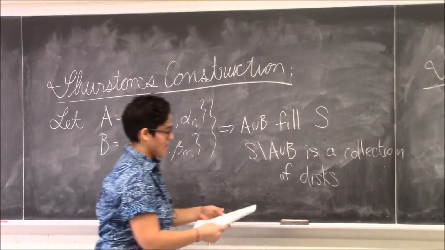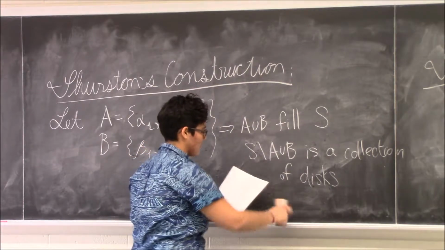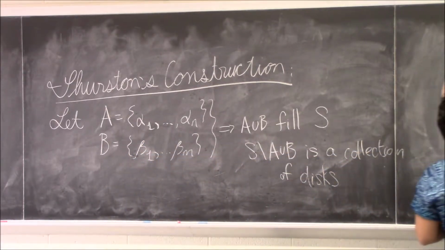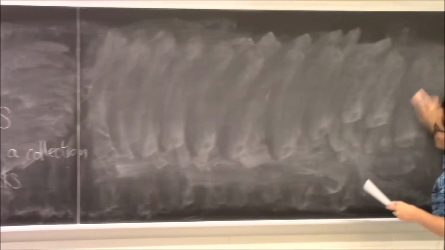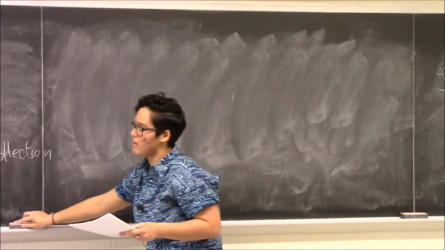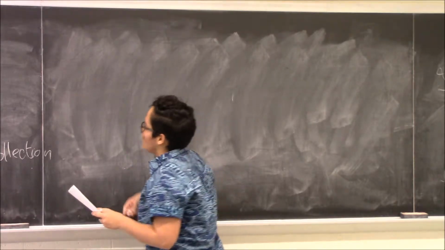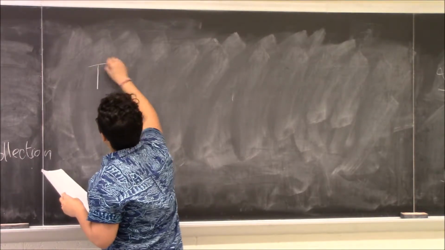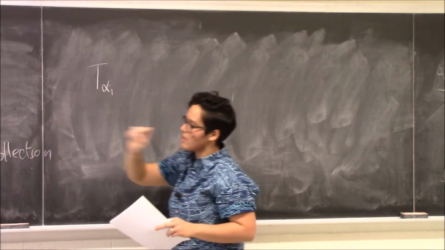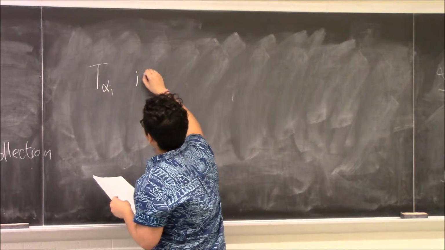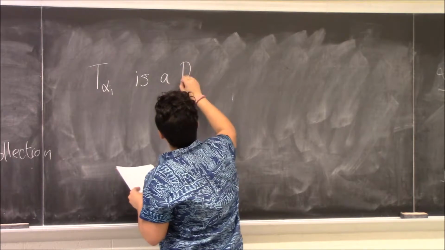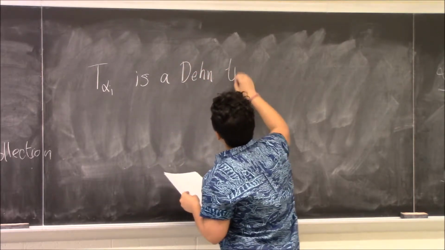Okay, so once we have this nice collection of filling curves, I'm going to define a way to act on our surface by them. Many of you may be familiar, but I'm just going to draw a picture anyway with a Dehn twist. So let's look at T alpha i, where alpha i is just one of these. This is going to denote a Dehn twist